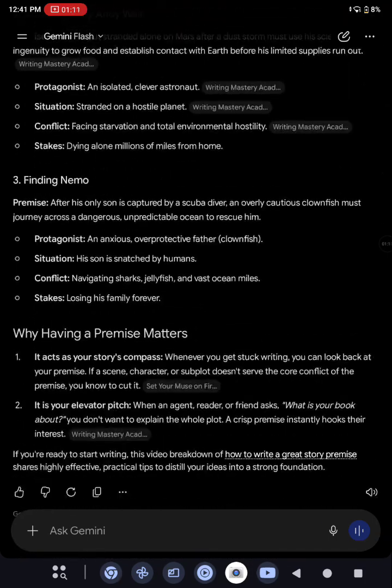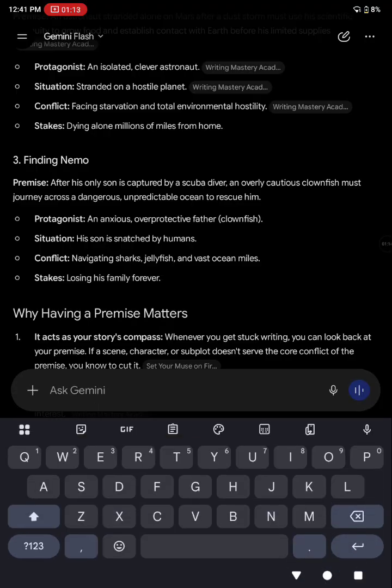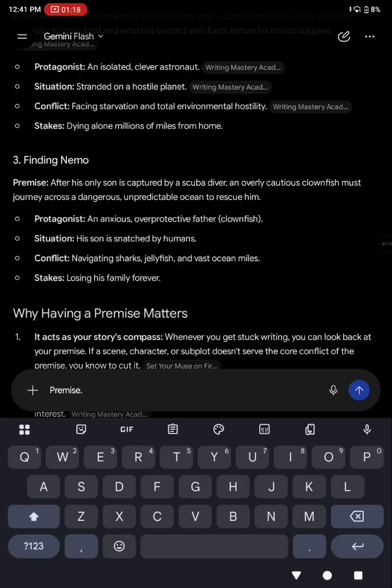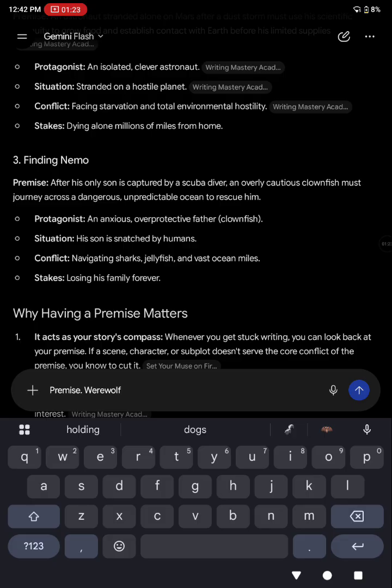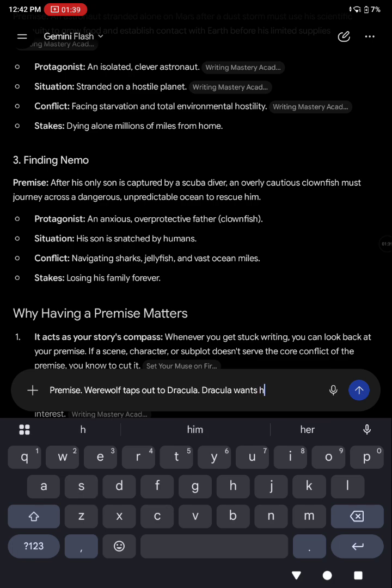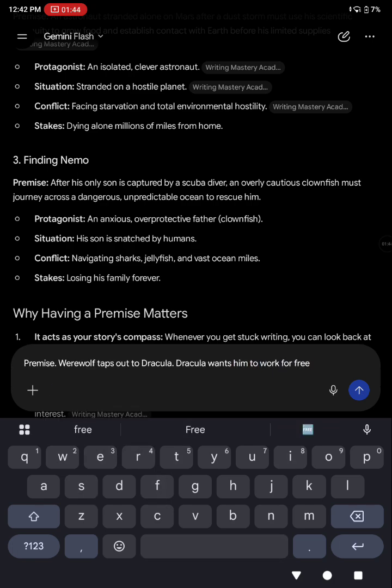I would say you don't have to type it all in at once, like the premise. Werewolf taps out to Dracula. Dracula wants him to work for free.